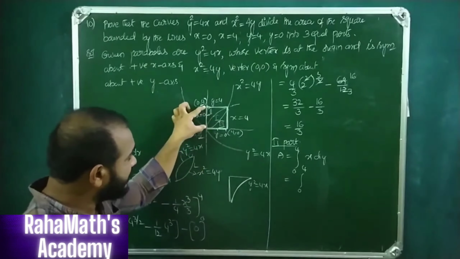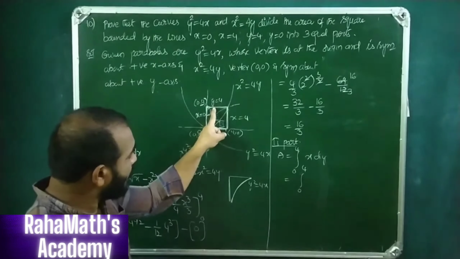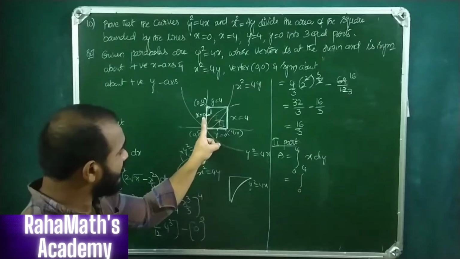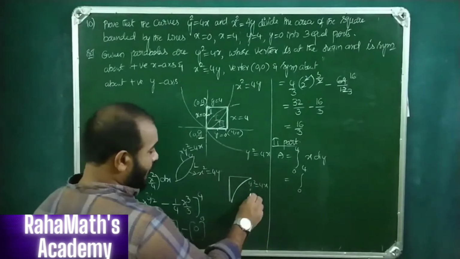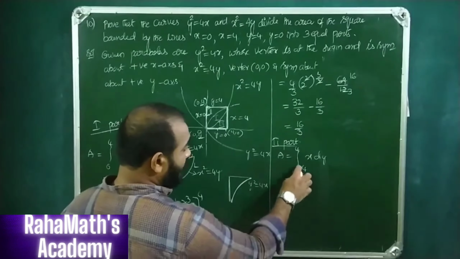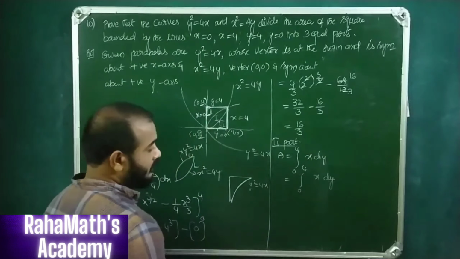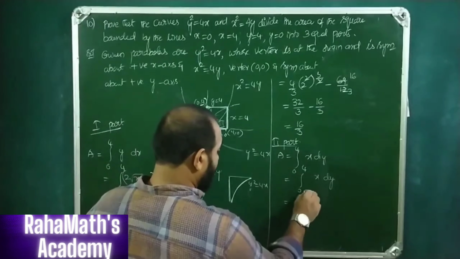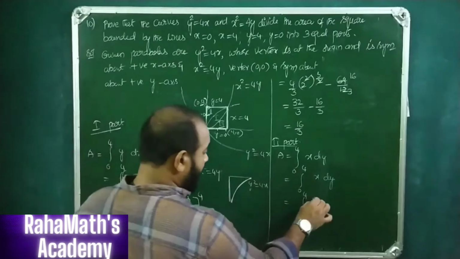As far as the y axis is concerned, rightmost curve minus leftmost curve. This is right and this is left. So this is y square equals to 4x. From this are the limits of y, dy. Dy means x dy. So 0 to 4 here, y square equals to 4x, x equals to y square by 4,